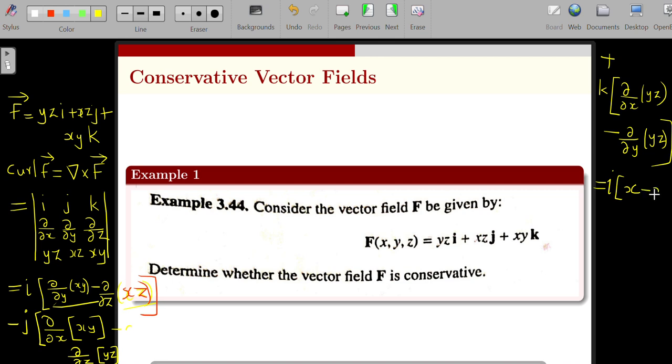It is again x, so minus x minus j into dou by dou x of xy. Dou by dou x of xy is y minus, what is dou by dou z of yz? It will be equal to again y plus k into, what is dou by dou x of yz? It is equal to 0 minus dou by dou y of